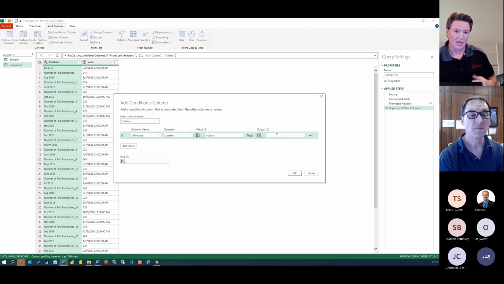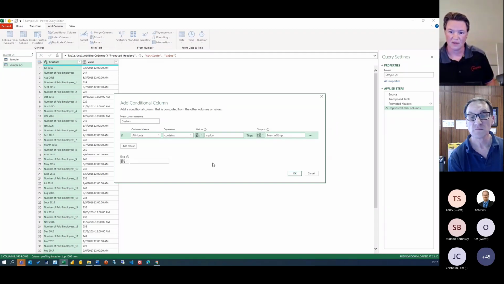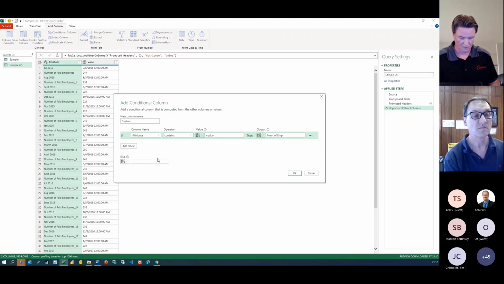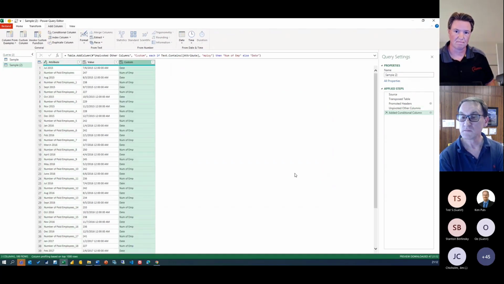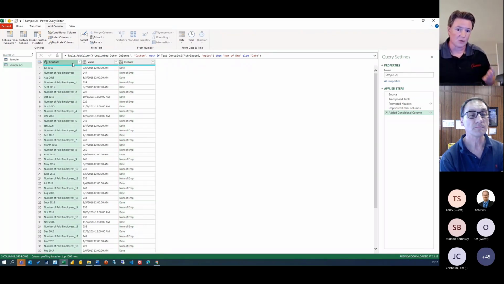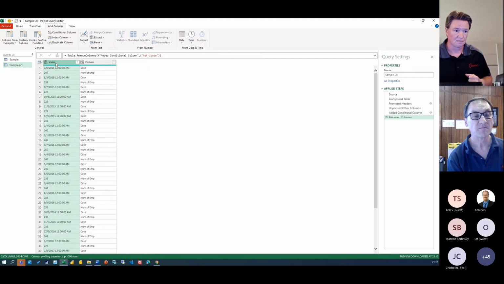Yep. And if we're at that row, then it should be the number of employees. Otherwise, we're dealing with the date column. So press OK. And this added this column for me. Of course, I can now delete that attribute column. I no longer need it, so I'll remove that.